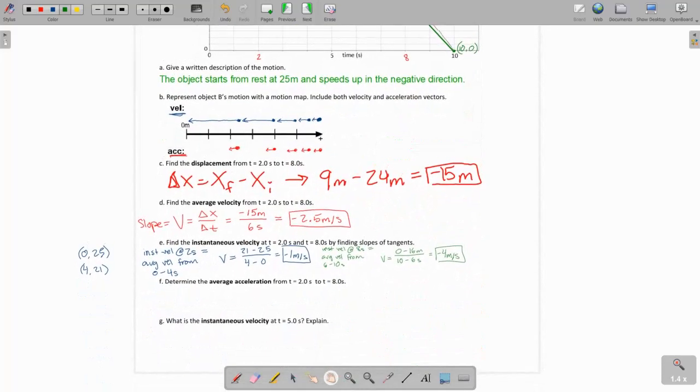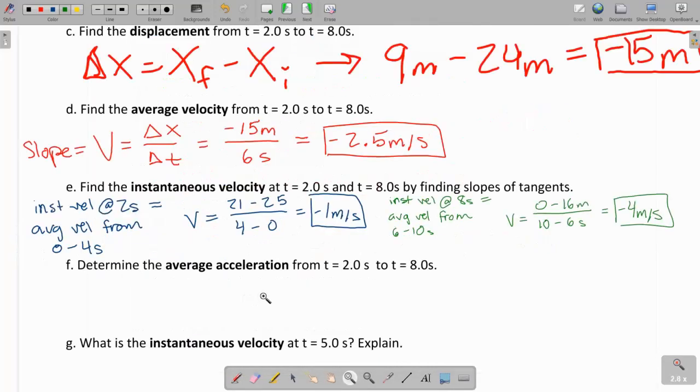Now, this is also asking us to solve for the average acceleration from 2 to 8 seconds. And we really needed to find the instantaneous velocity first in order to do this question, because the equation for finding the acceleration is the change in velocity over the change in time. So that's just taking your final velocity minus your initial velocity and dividing it by the final time minus the initial time. Well, since we just solved for the velocity at 8 seconds, which is our final velocity, that would be -4